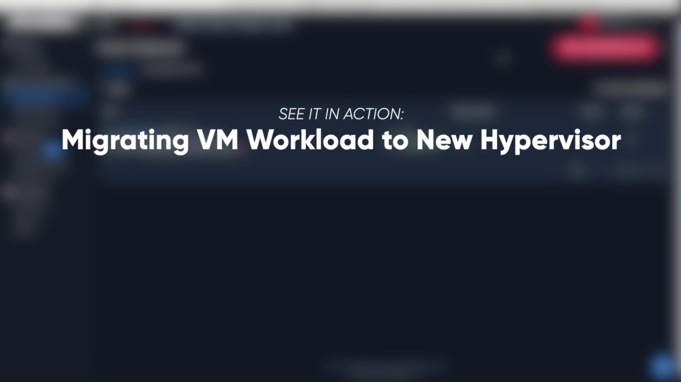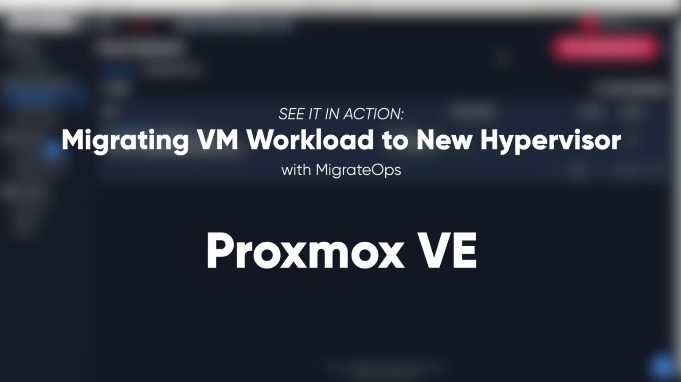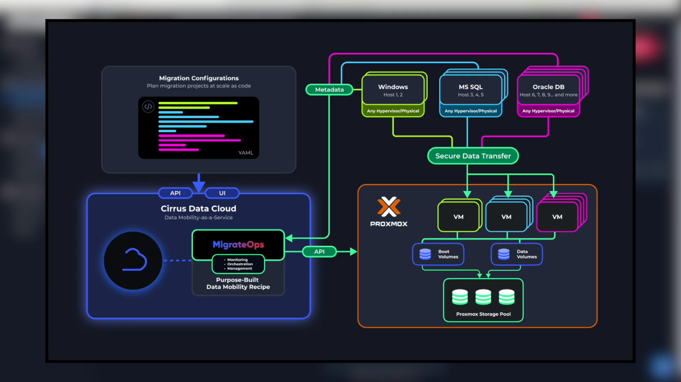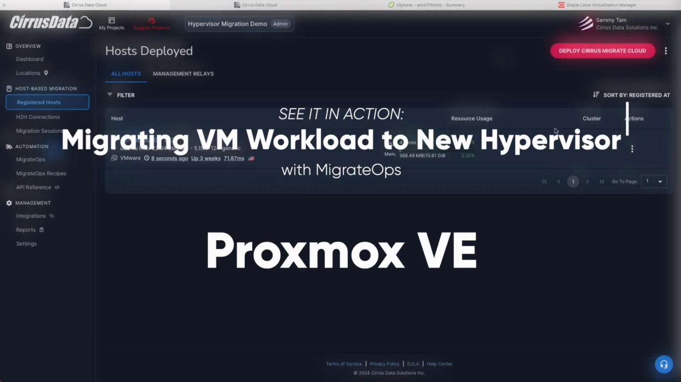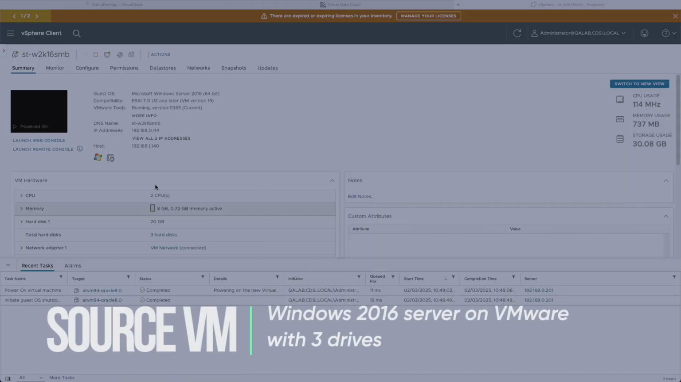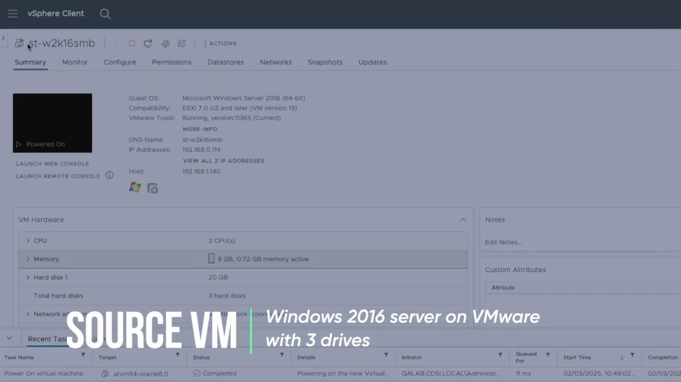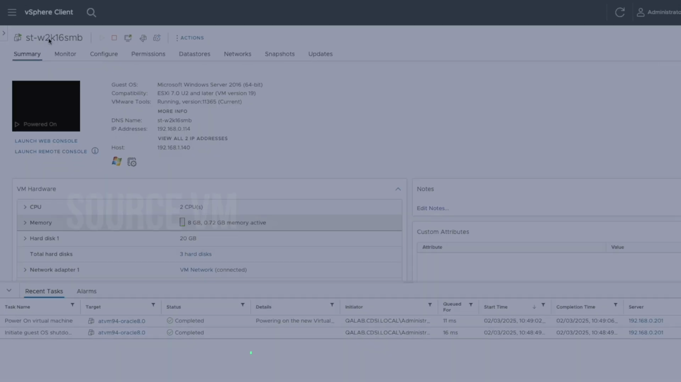Welcome back to the See It in Action demo series. Today we are going to show you how to migrate your VMware virtual machines to Proxmox Virtual Environment with Cirrus Migrate Cloud. For this demo, I have a Windows 2016 SMB machine here running on a VMware server as our